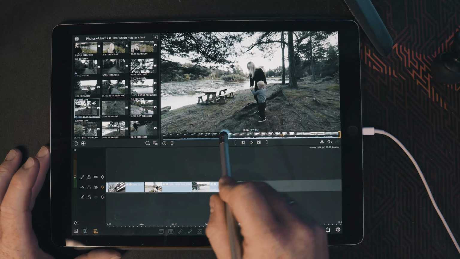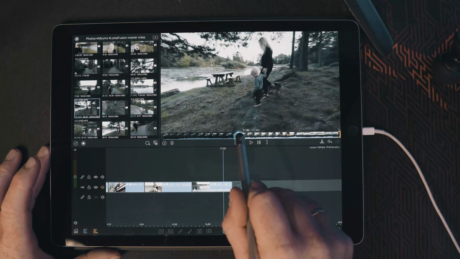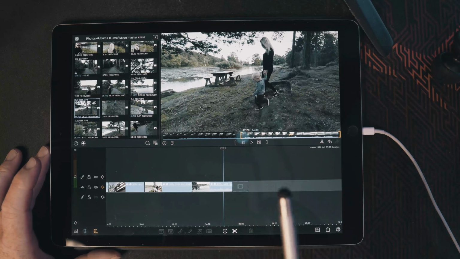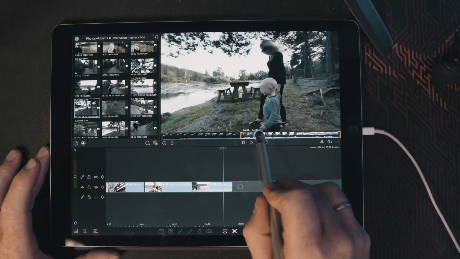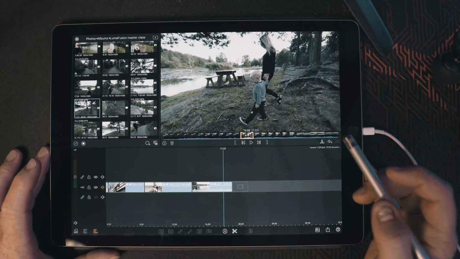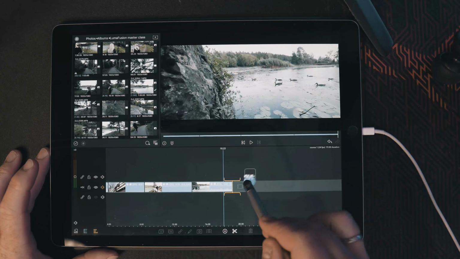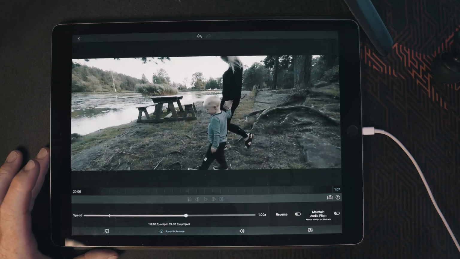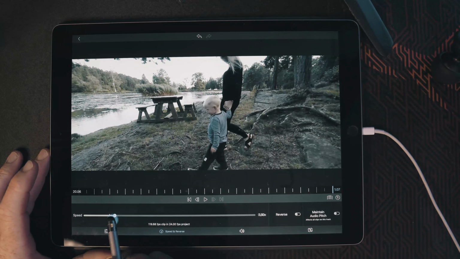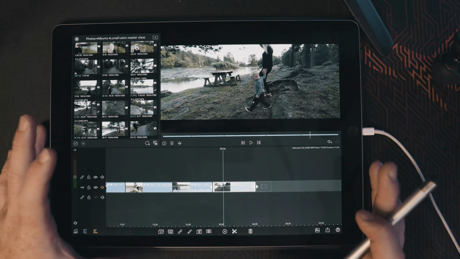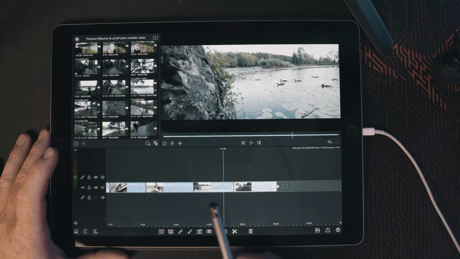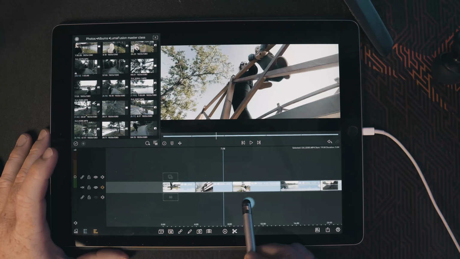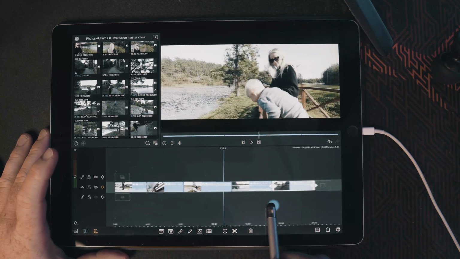So again, we're going to find an in point. I think this would probably be the best start of this video clip, and we're going to find the out point. There we have the out point, and we're going to drag this down to our timeline and go into speed and reverse and change the speed once again. And you can also see that I'm speeding up the process a little bit now, because we do the same thing over and over again. Now we have this clip at 5 seconds, and we now have bridge with water, water and